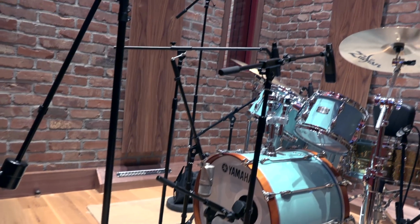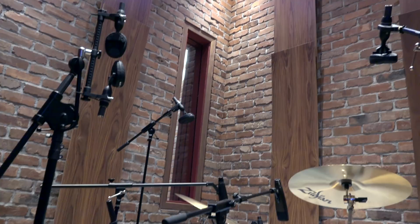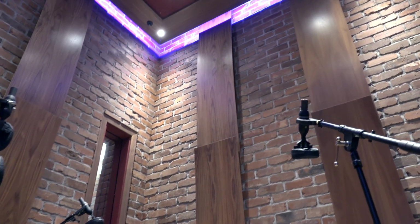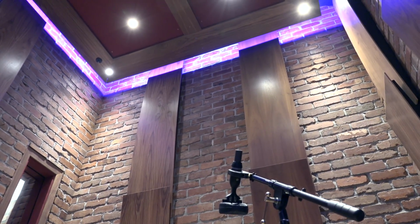So we've come into this room just off the main entrance, which is really surprising. This double height drum room, and it's really cool. You just talk us through it. It's so interesting. Yeah, I mean, in the previous incarnation of the studio, we had the downstairs, which wasn't used